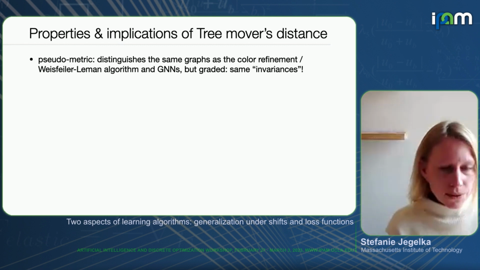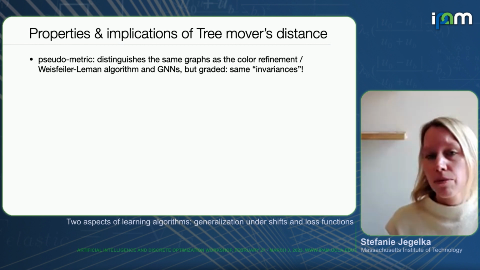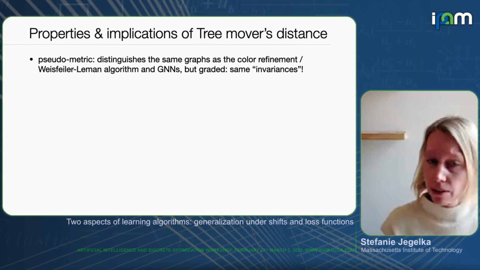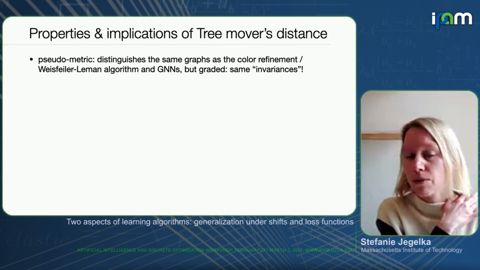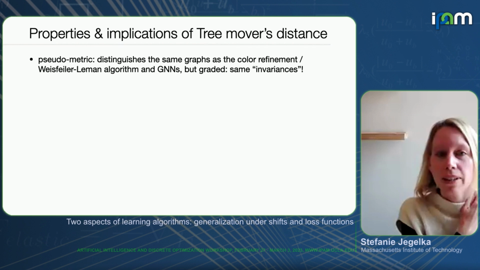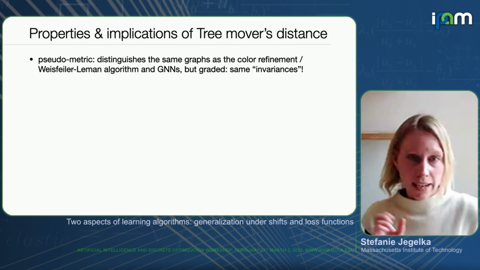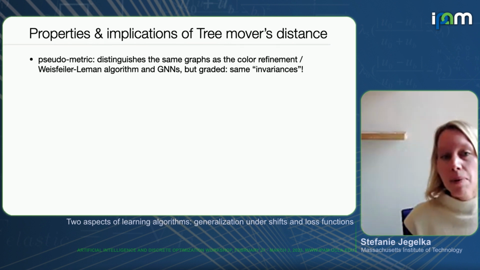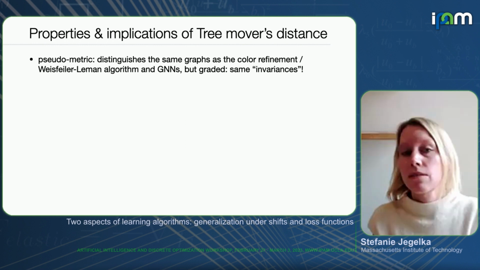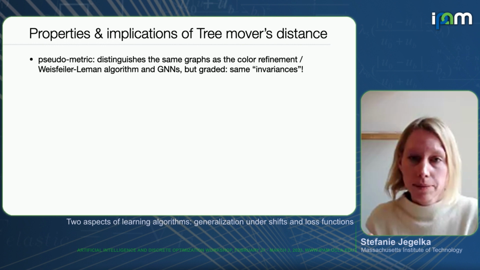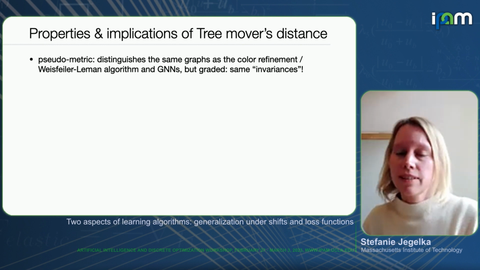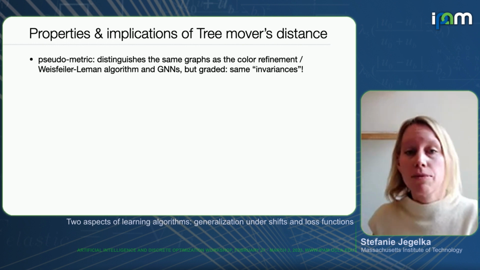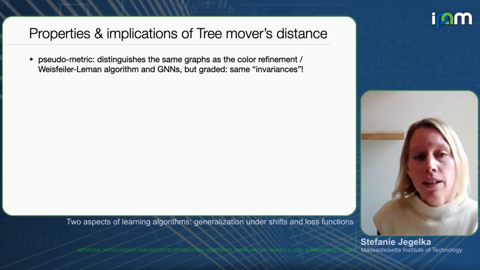But those are also indistinguishable by graph neural networks, as by the Weisfeiler-Lehman algorithm that measures the distinguishability of graphs by graph nets. So it really reflects the blind spots of graph neural networks, but for graphs that are distinguishable, it also gives the distance in a graded way. So now I have a distance on all graphs that the graph neural network can distinguish.